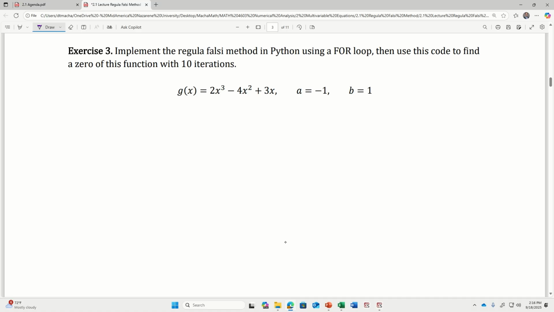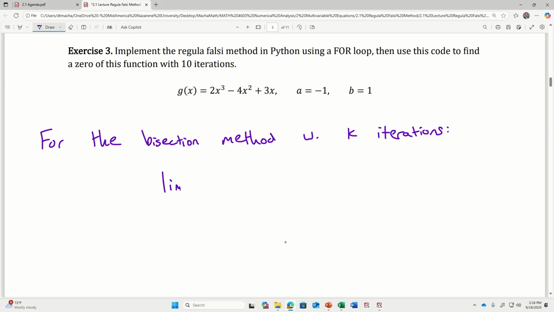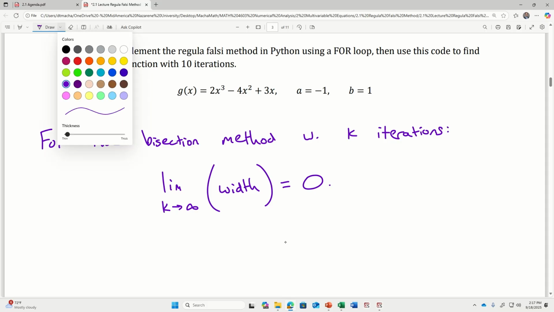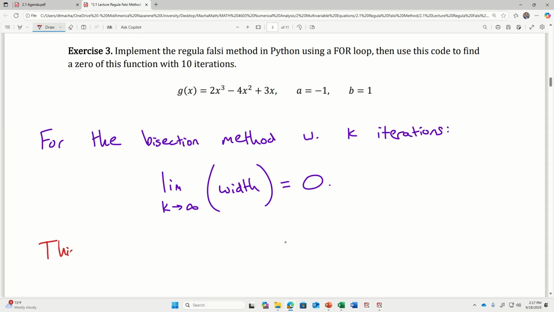That's important enough I should write it down. For the bisection method, with k iterations, the limit as k approaches infinity of the width of the interval is 0. But this is not true